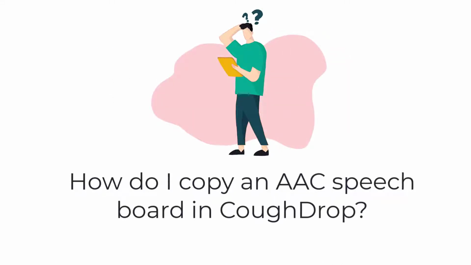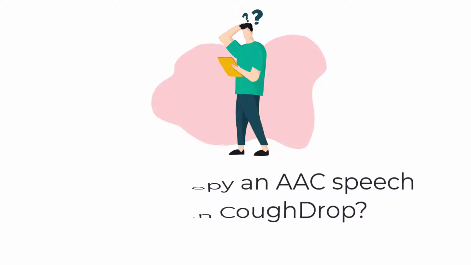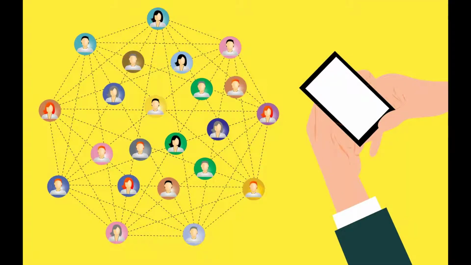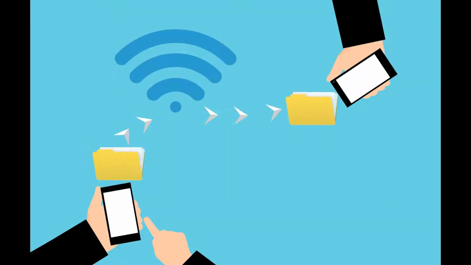How do I copy an AAC speech board in CoughDrop? CoughDrop encourages users to copy system boards from a public or linked account so that AAC teams can personalize communication sets and speech boards. This means you can create your own version of a favorite board in CoughDrop, or you can create a board once and give a copy to several users, which can be helpful if you have more